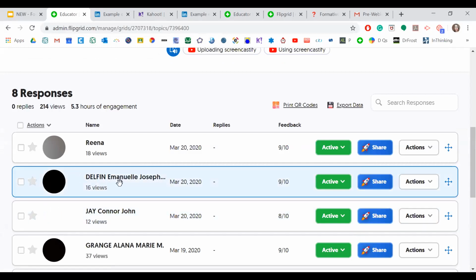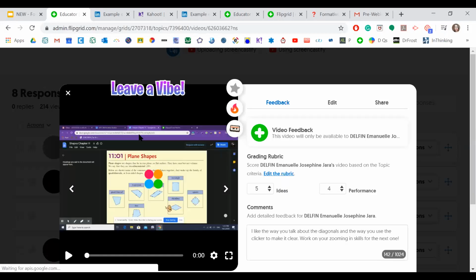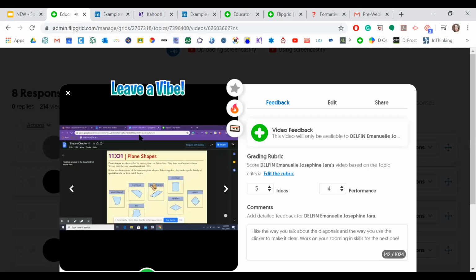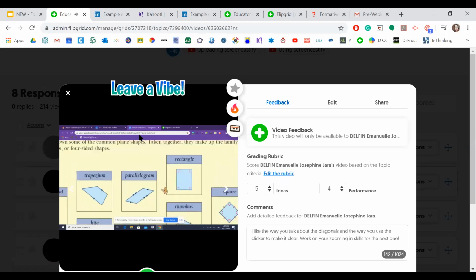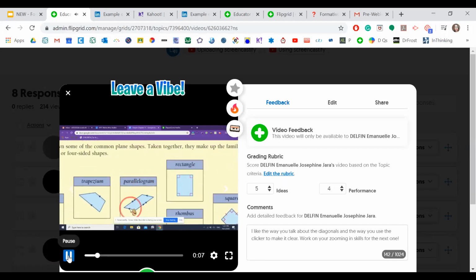So if we just go into Josie's briefly. It has two pair of parallel lines. So you can see there that she's using Screencastify, and she's using that very well, and she's using the cursor as she goes through. With 4 straight sides. Okay, and it comes up with, so she zoomed in on what she needs to know. And she talks about it really well. So you can fix this, but generally it has ideas and performance.